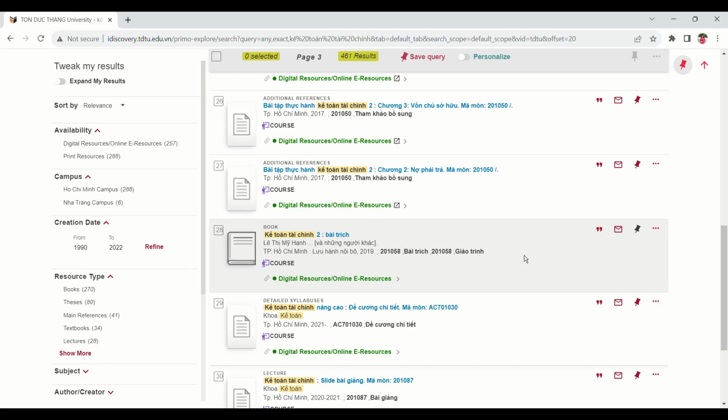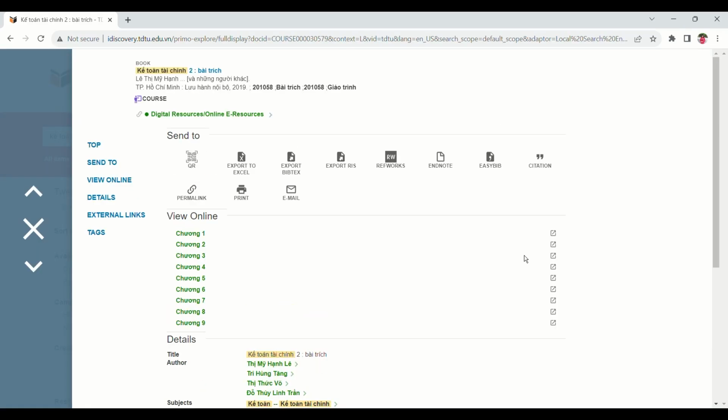A material marked Digital Resources or Online e-resources means the library has this material in electronic form. Depending on the policy of each type, items can be viewed online or downloaded. Due to the current policy, digital materials which do not belong to an open access resource can be viewed or downloaded with on-campus access only. To view or download the material, click the link of the title you want to read in the View Online